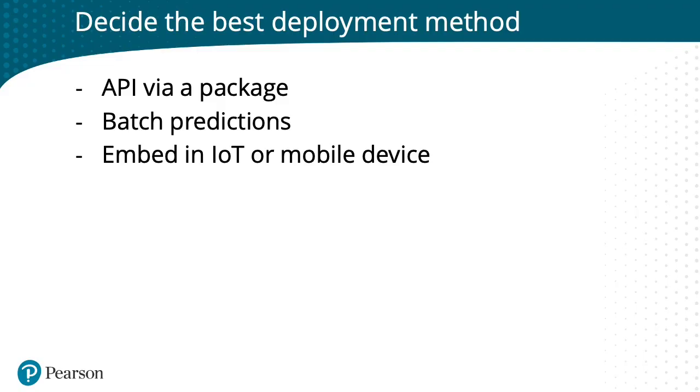So in order to do that, you might have a little microcontroller with a camera on it that has your model embedded on it. And as these parts come down the assembly line, you snap a quick picture, send it through the model, and it decides whether that part goes through the assembly line or if it gets flagged as a defective part and it's something that someone actually has to take a look at. So these are some of the ways you'll see machine learning models get deployed to production.